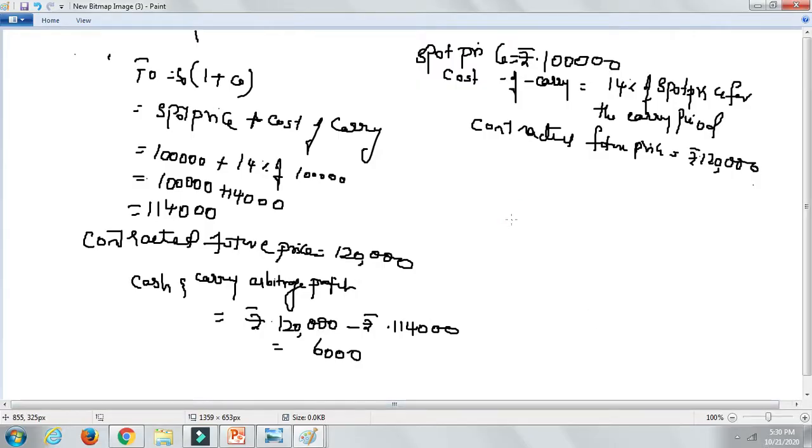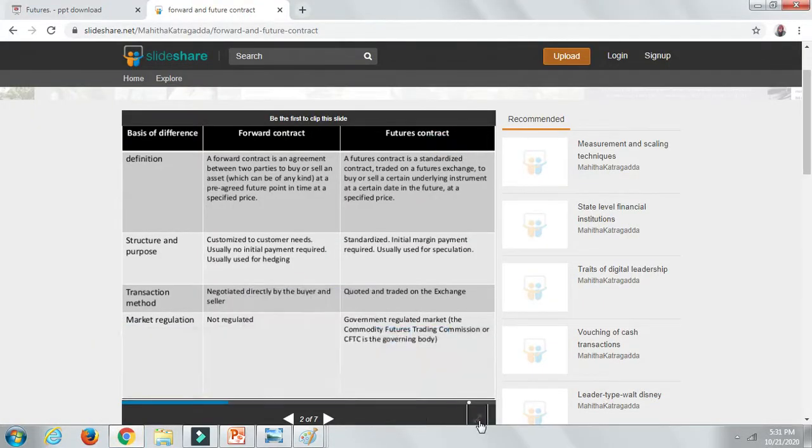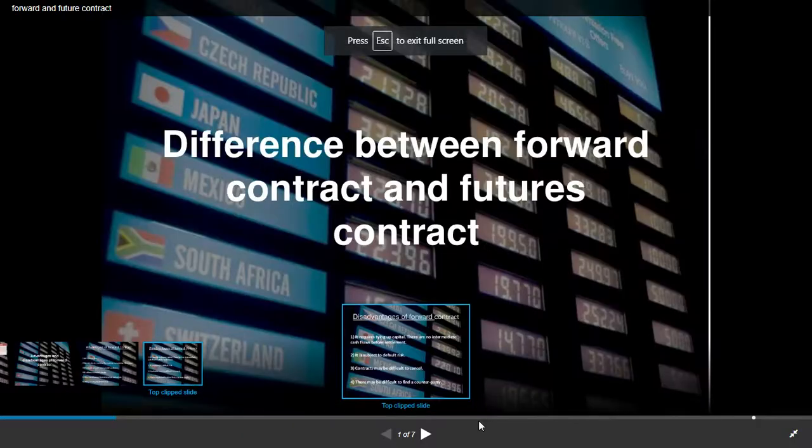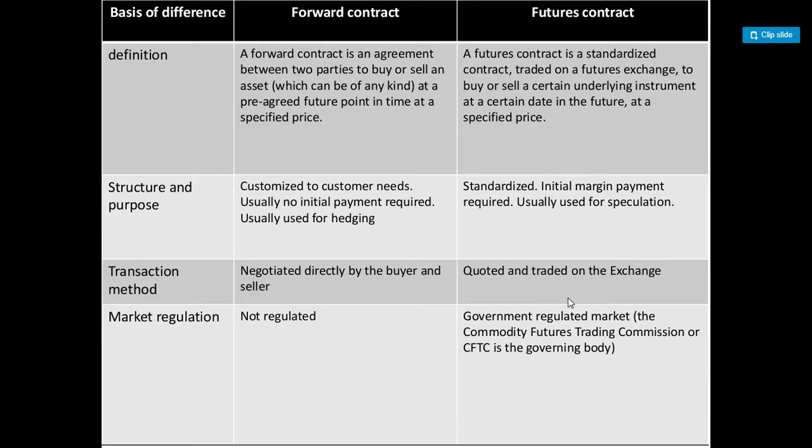So this is another problem. Now let's check out the difference between the future price and forward price, another topic of your FRM subject, another topic of your third unit. So these are the few problems that have been given. That's enough, I guess. There are that many problems in future contracts, you don't have any more variations. So let's check out the difference between the forward contract and future contract.